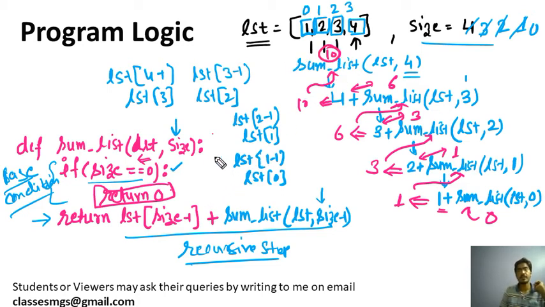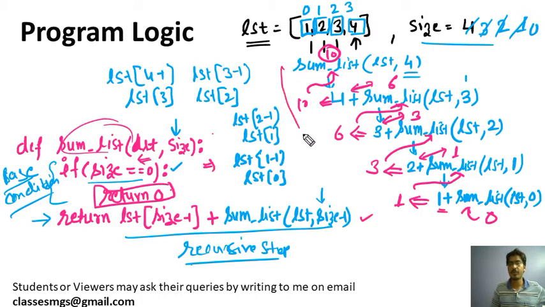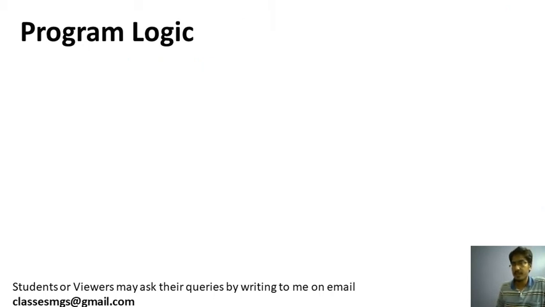So this is how this recursion works. We have written the function sum_list, and the same function is called multiple times to solve the problem of adding all the numbers of the list. Now we will discuss this step by step. How can we write down the code so that we can write the code easily. So now I am writing the steps. First step is what?